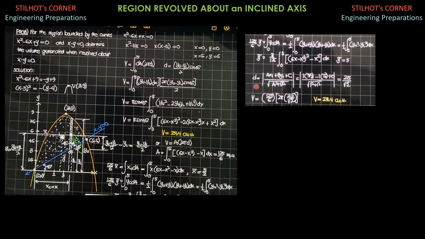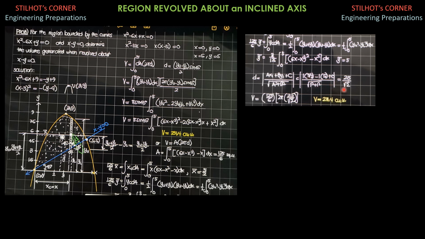Finally, substitute into the formula for distance from a point to a line, which is absolute value of ax1 plus by1 plus c, all over square root of a squared plus b squared. So we write x minus y equals 0. So 1 times barred x, 1 times 5 halves, minus 1 times barred y, which is 5, plus constant 0, all over square root of 1 squared plus 1 squared. The numerator is 2.5, absolute value is 2.5, the denominator is square root of 2.